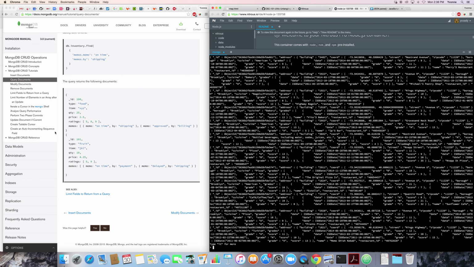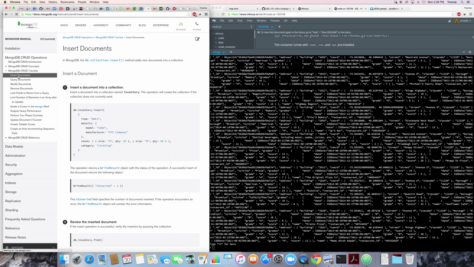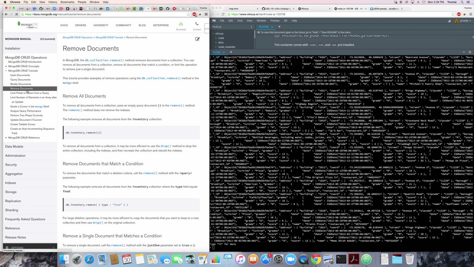And certainly the concepts, introduction, and tutorials here show how to add documents in. So if I wanted to insert a restaurant, or maybe remove documents, it's all here for us. It's a world unto itself to learn it all, but at least we can understand what it's doing and how we can use it on the server side to store our data and search our data in a very flexible way. So stay tuned and we'll get a full stack example